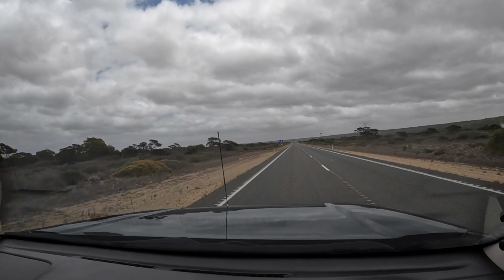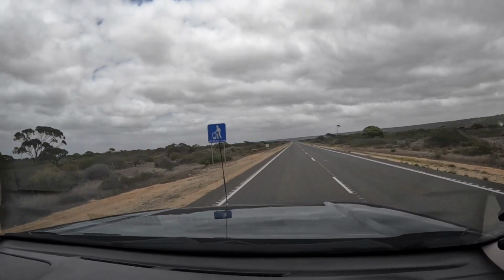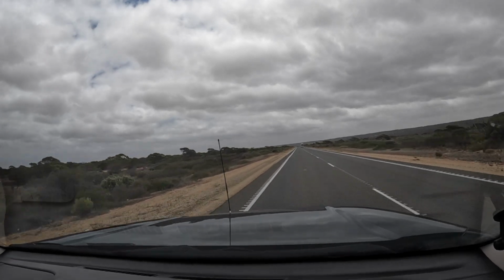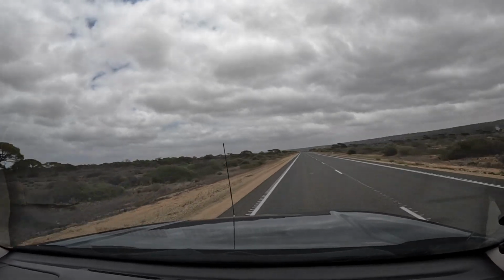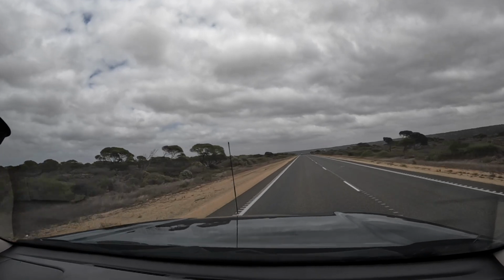It seems on this trip there's been a distinct lack of wildlife. I hope I don't jinx myself by saying that. So normally when you're driving along here there's a considerable amount of roadkill, and the wedge-tail eagles tend to feast on that roadkill. So if you are driving along and you see a wedgie sitting on a dead roo having a feed,